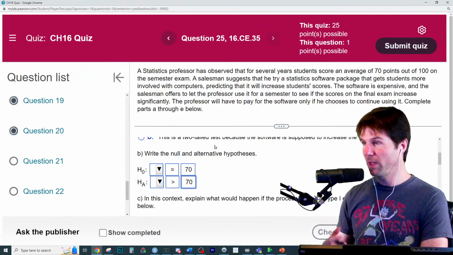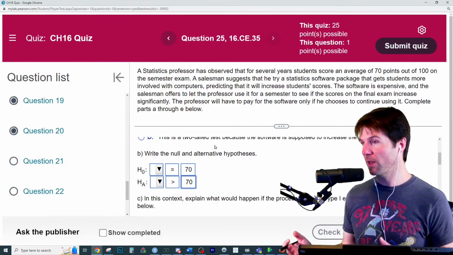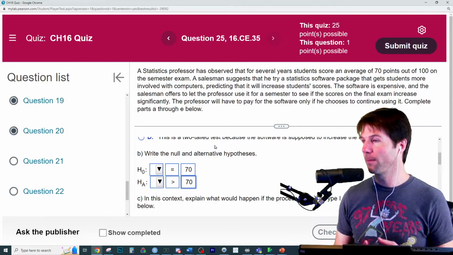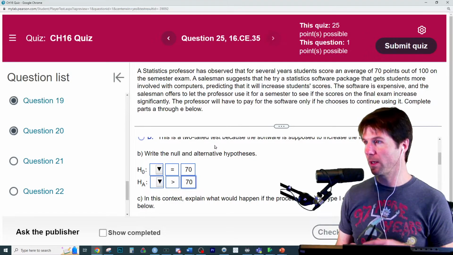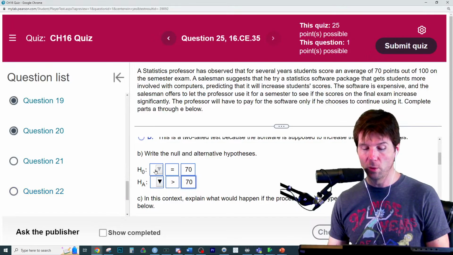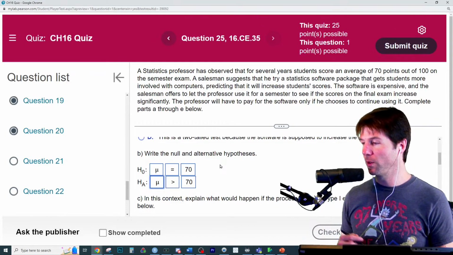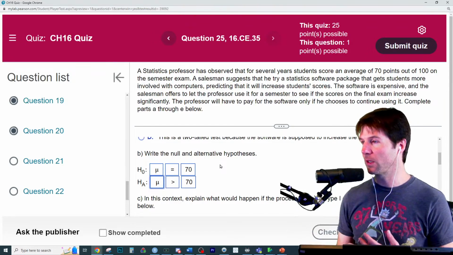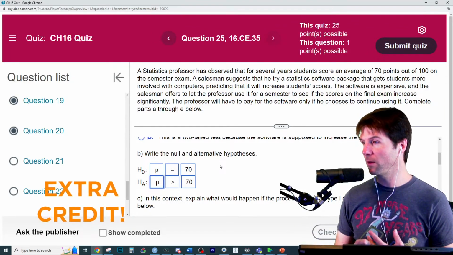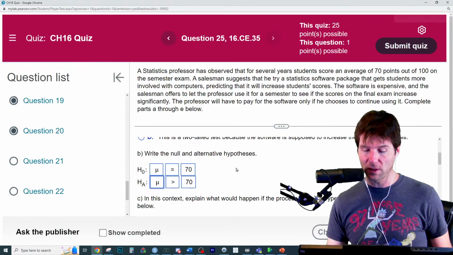And do we think it's going to be P or mu? So is it that the true proportion is equal to 70 or the true mean is equal to 70? Because that's what we're testing, mu. And why is it mu? Because it's quantitative. So great job, Kelsey, right there. Excellent work, Kelsey. Another 100 points in the chat. Mu is for quantitative, so the true mean is equal to 70, and they're trying to show evidence the true mean will be greater than 70.